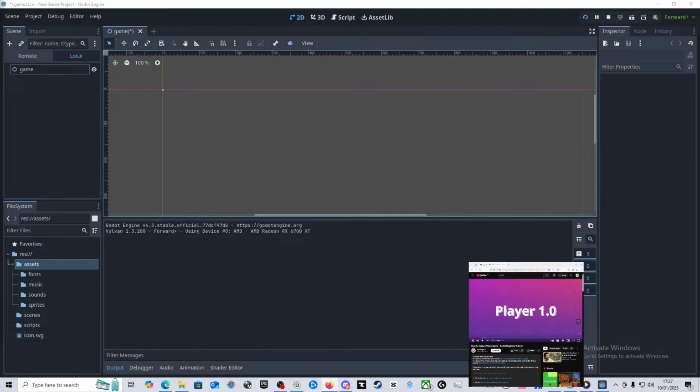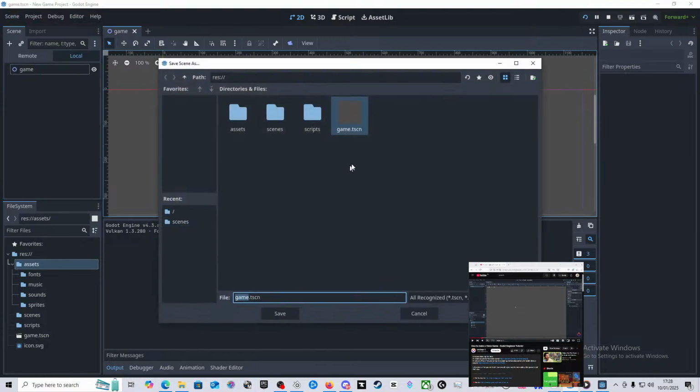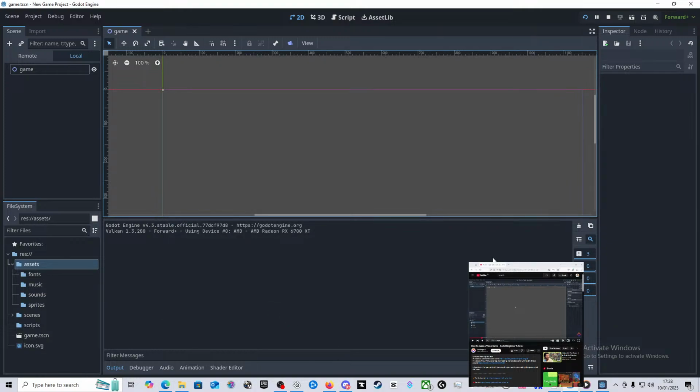Let's create a scene where we'll put everything together. This is going to be a 2D game, so I'll select 2D scene. And let's rename this from Node2D to Game. And even though it's empty, let's go ahead and save it. So hit Control S, go under scenes, and let's save it here. Okay, hold on. So that should have saved it in... no, it's meant to save it in there. There, game.